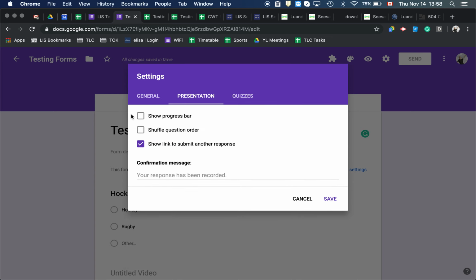Okay, one last thing I want to talk about here for options that you can give to your forms. You can show a progress bar. So if it's a particularly long form, this is actually kind of a useful thing. They'll see a little progress bar down at the bottom saying, hey, you're 20% done, or you're 80% done, you're almost done. You can shuffle the question order, which will probably come in handy when we start talking about quizzes